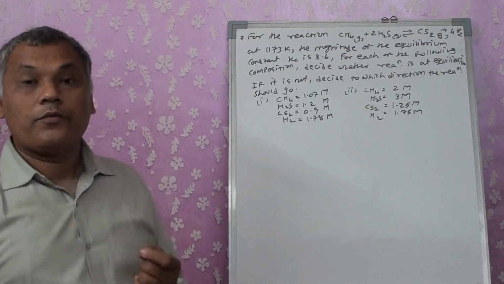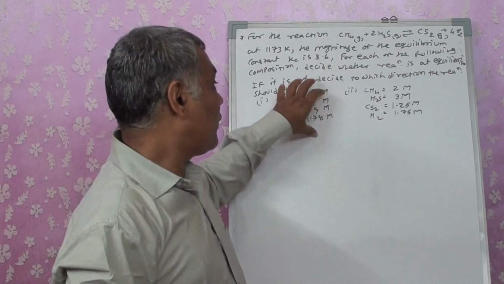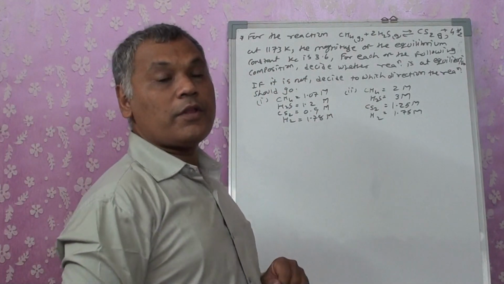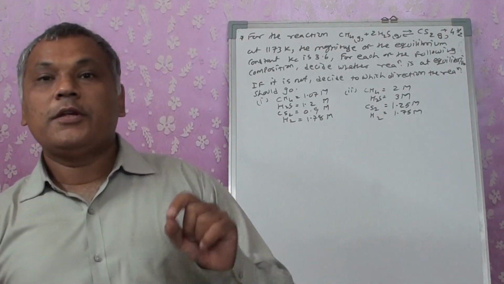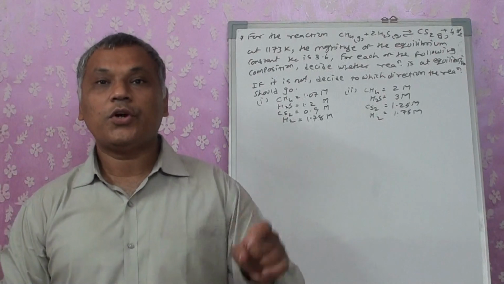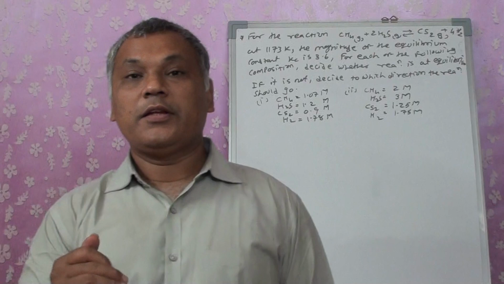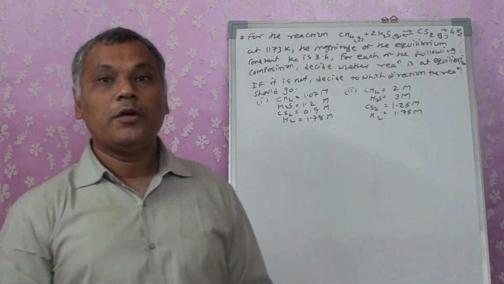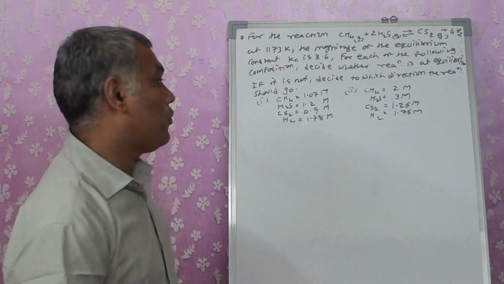Okay, here within the question we have been given two different values. It is told that if the concentration is this, whether the reaction will be in an equilibrium condition or not. If it is in an equilibrium condition, then no need to go for any kind of indirection. But if it is not in an equilibrium condition, then specify whether the reaction will be proceeding in the forward or in the reverse direction. So for this, first of all, again we will have to calculate the Qc.